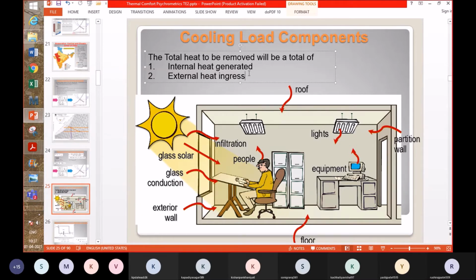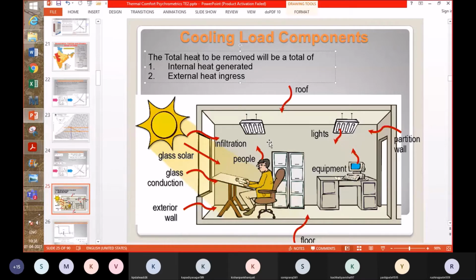Okay, so this is an air-conditioned space as it is shown in the picture, and you are supplying the conditioned air into this room, though not shown here. There are different ways in which either the heat is entering into this space or it is getting generated in the space. So as you can read here, that heat addition is nothing but the heat load or cooling load.